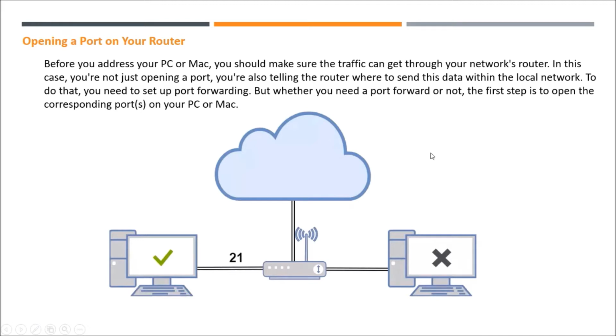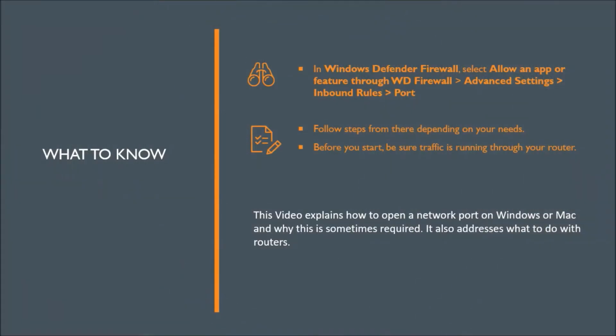Let's begin with how to allow a port in a Windows machine. Before going into that, what should we know? In the Windows Defender firewall, we have to make the changes. We have to allow an application or feature through Windows firewall, and we have to create an inbound rule against the particular port which needs to be allowed. I'm just going to begin with that. Afterwards we will have a practical session for this also, so I will show you that.